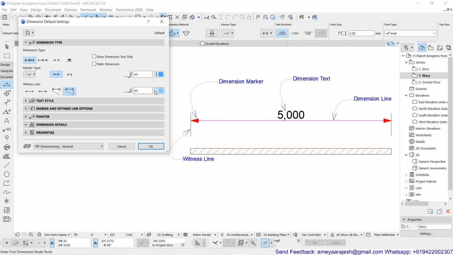So remember, what I'm trying to explain over here is whether the extension of the witness line is expected or not. This is applicable only for a few marker types, not all. For example, if I take this arrow, you will see this will not be in need of it, because then this dimension line cannot extend further than the witness line.